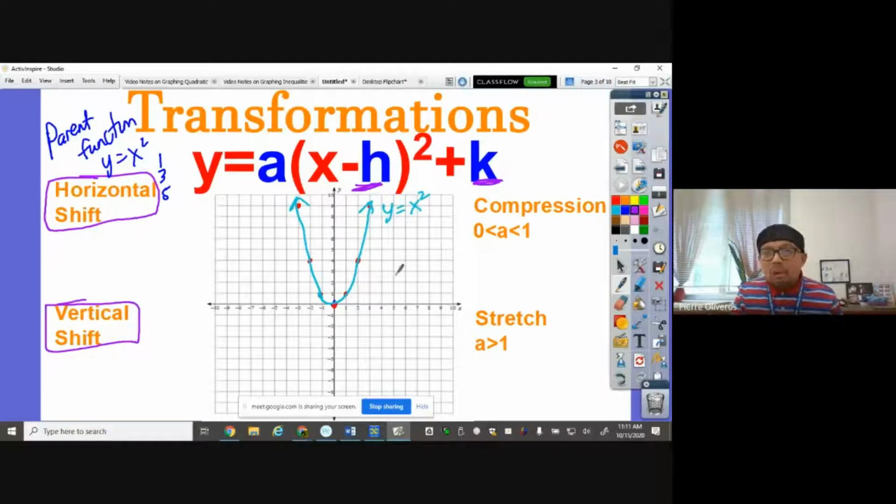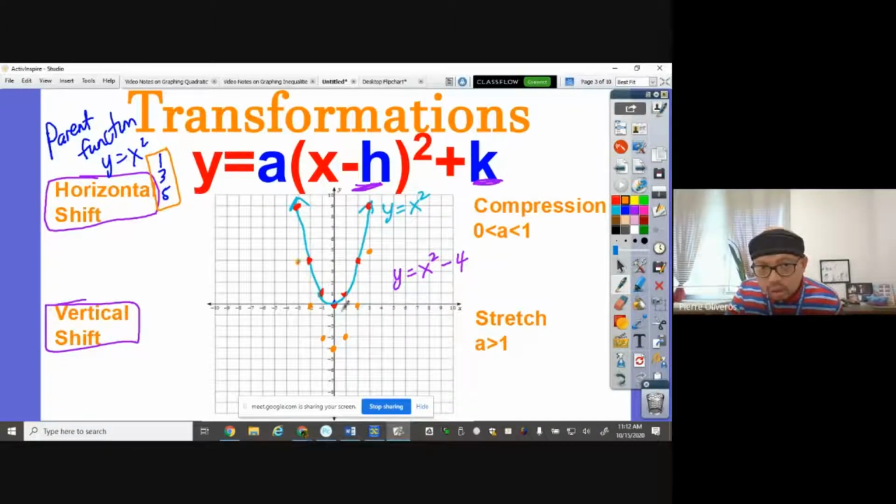Now, what happens when we have y equals x squared minus 4? What do you think will happen? All those points, all those red points, will go down by 4. So this is a vertical shift. The 4 there means it's going to go down by 4. So the vertex will start here at negative 4. And you do the same thing, the 1, 3, 5. So go up 1, over, up 3, 1, 2, 3, over, 1, 2, 3, 4, 5, over,